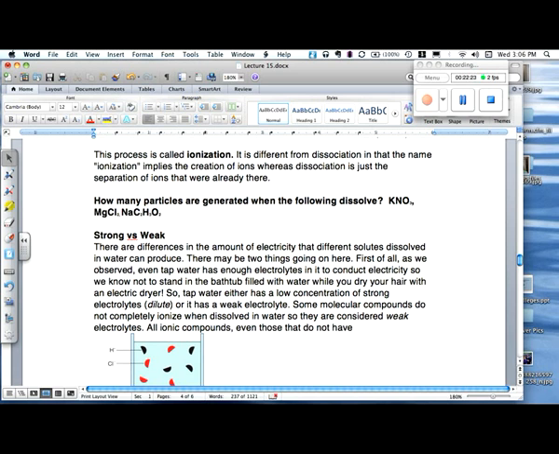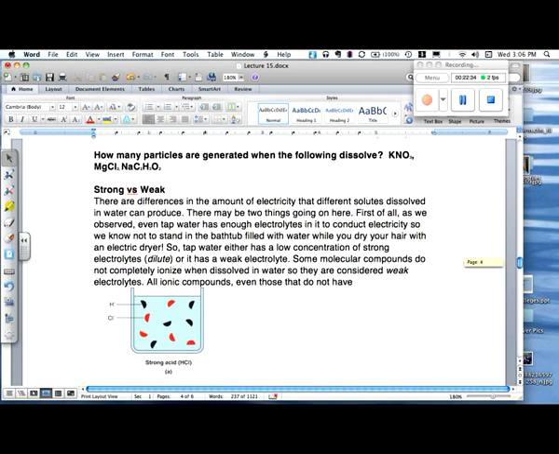There may be 2 things going on here. First of all, as we observed, even tap water has enough electrolytes in it to conduct electricity, so we know not to stand in the bathtub filled with water when you dry your hair with an electric dryer. So, tap water either has a low concentration of strong electrolytes or it has a weak electrolyte. Some molecular compounds do not completely ionize. All right, so